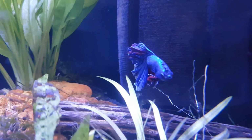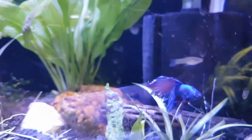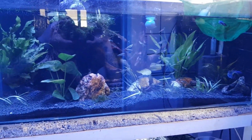I'll go and show you I've made up one of the other tanks now in my shrimp room for him and all of his mates, because I've done a little bit of moving around, so I can show you him now. Okay guys, here he is. I'm in the shrimp room now. There's the proud dad of all those little babies. It's a right glare in this system, so I will warn you, but that's the tank that I've just made up,